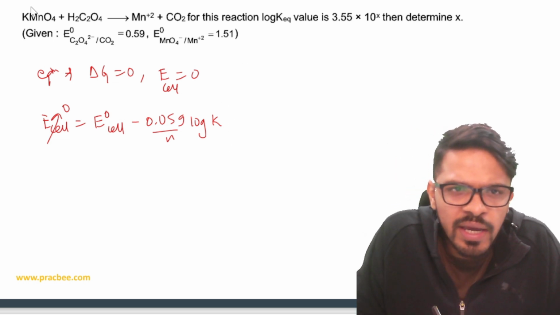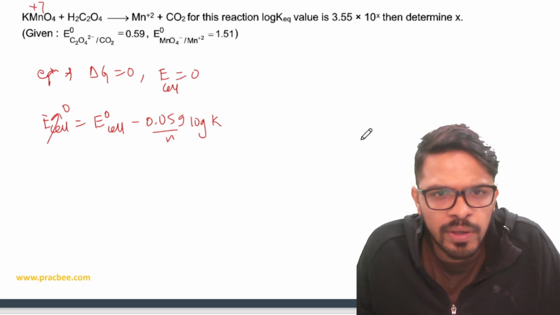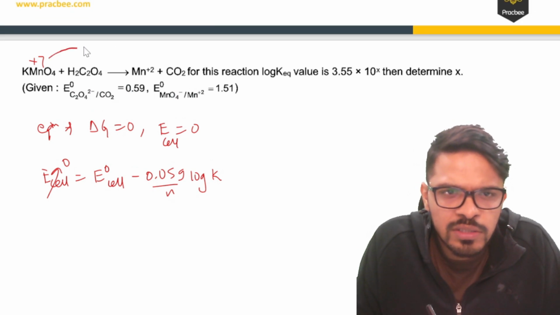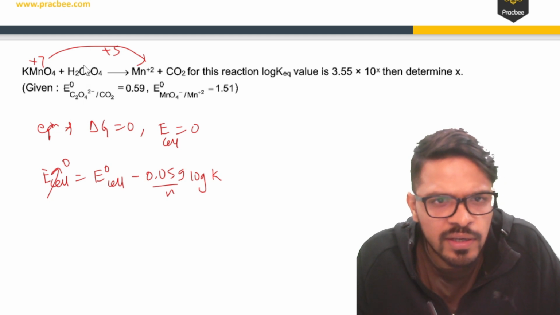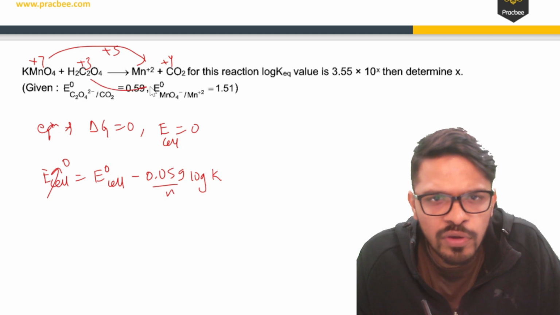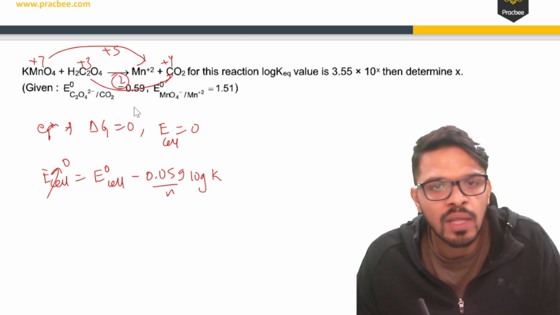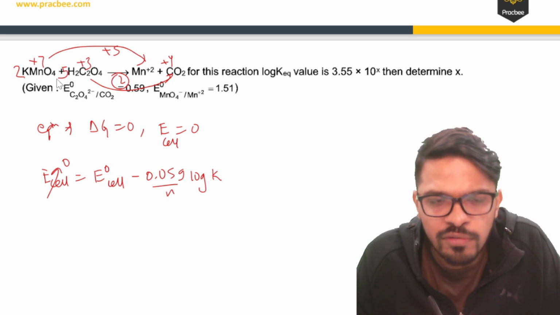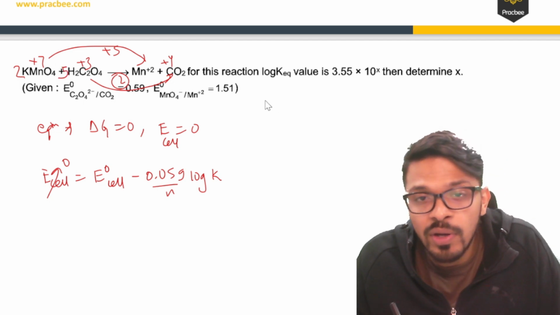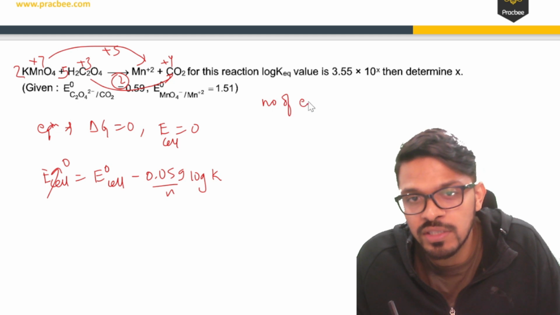Now if I see the reaction, we have Mn from +7 to +2, the change is of 5. And here this is +3 to +4, the change is of 1 into 2, so 2. We'll cross multiply the changes to balance the reaction. You know that this is 2 and this is 5. So if I calculate the number of electrons exchanged,